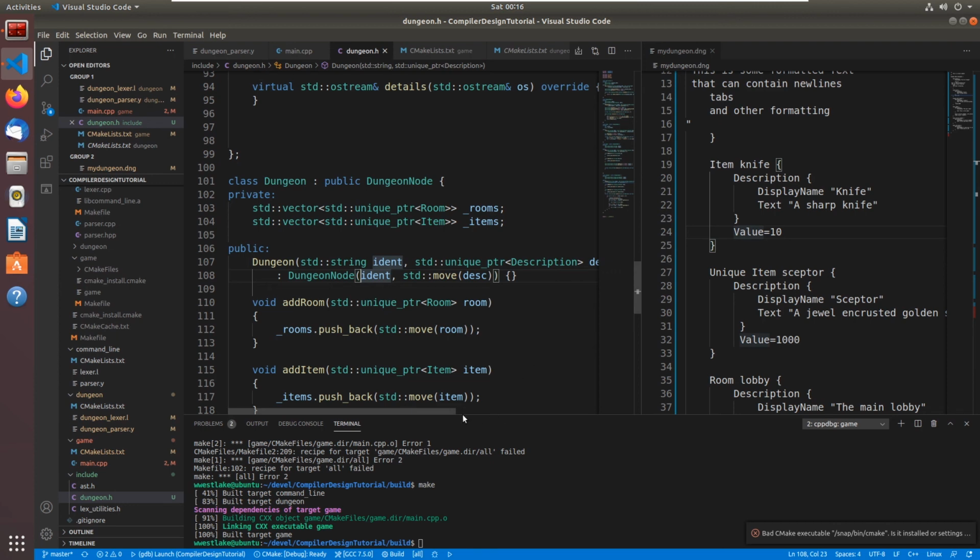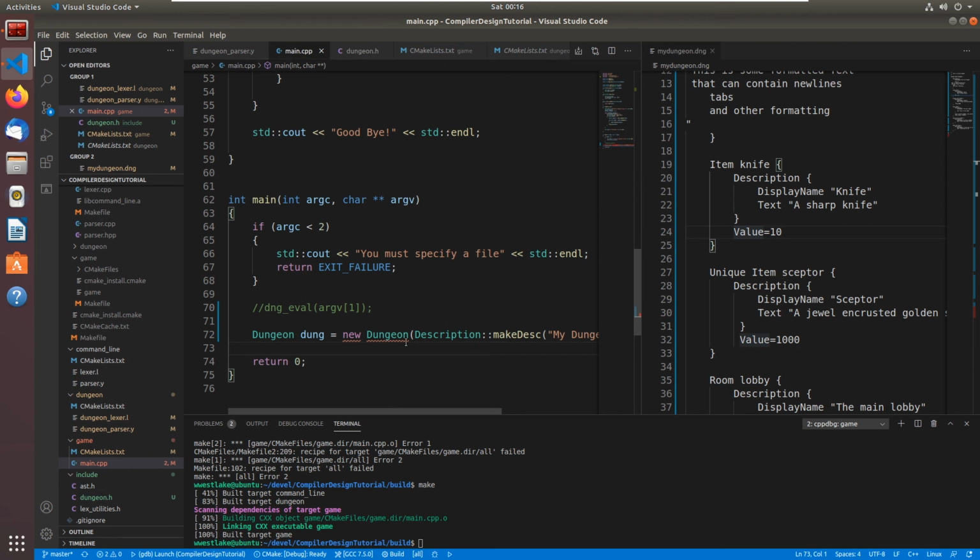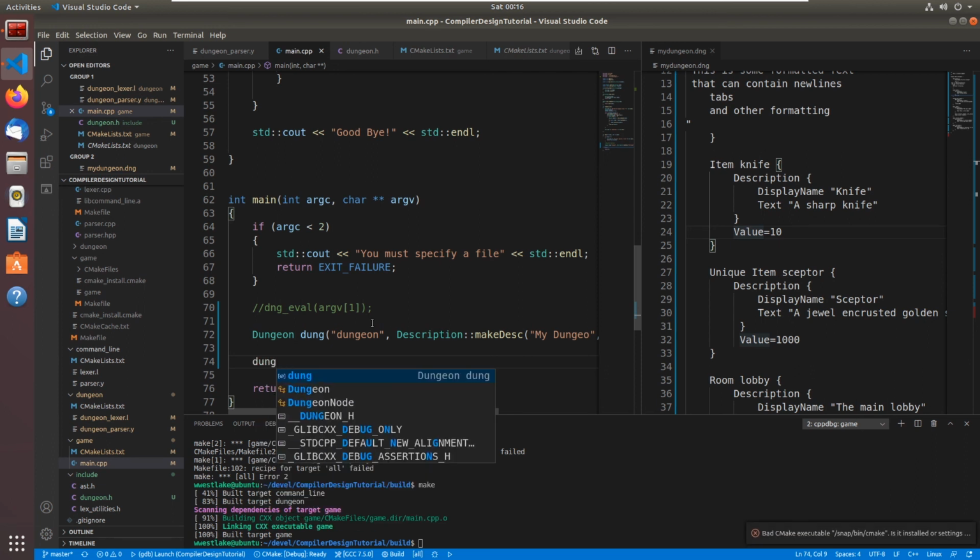I did go do an ident and a unique pointer to a description. Let's just do this. There we go. We need a make description. We need an ident, dungeon, comma. There we go. So we have a dungeon,